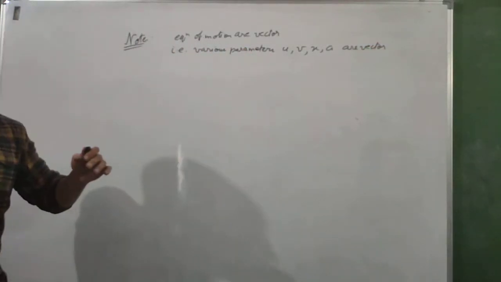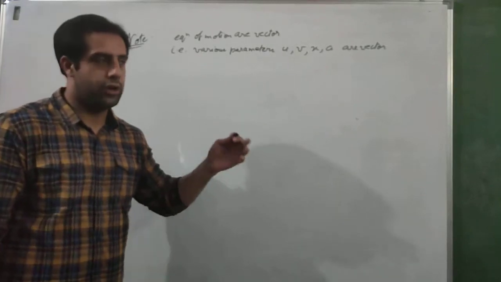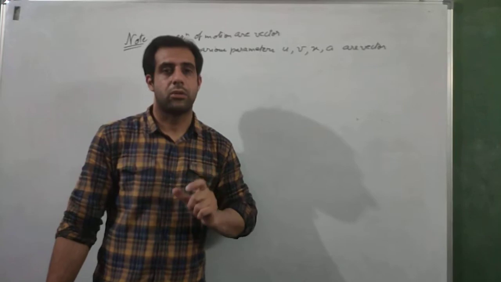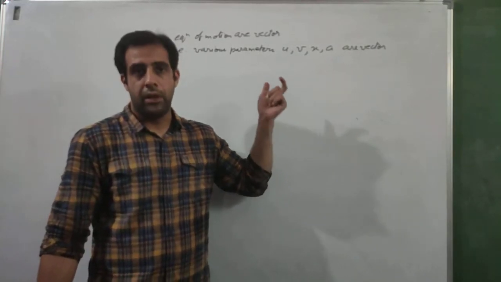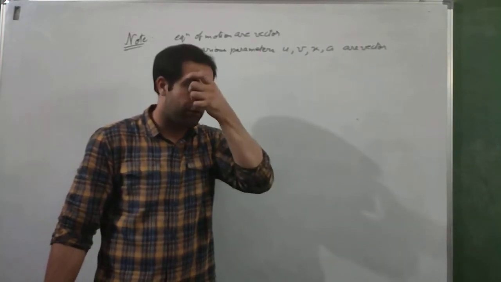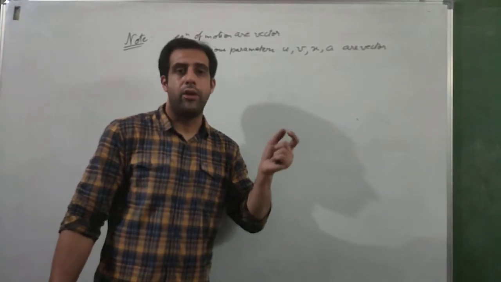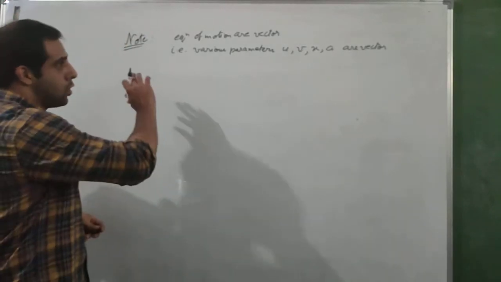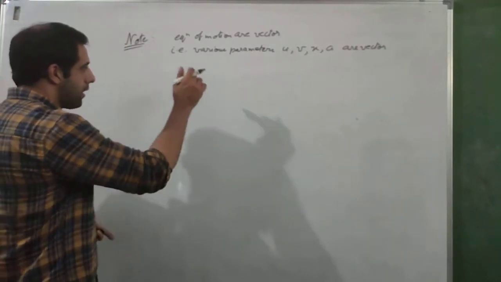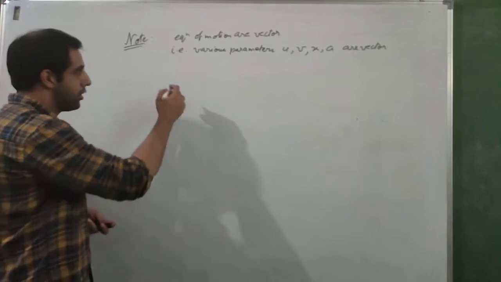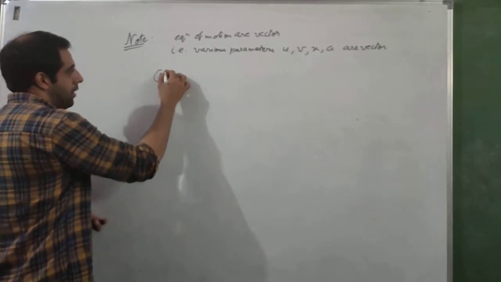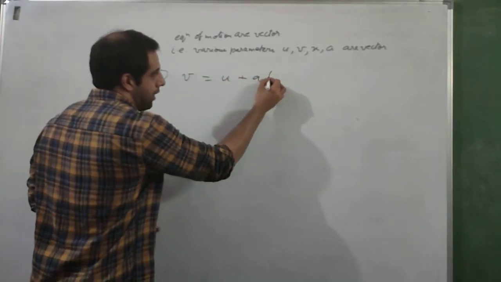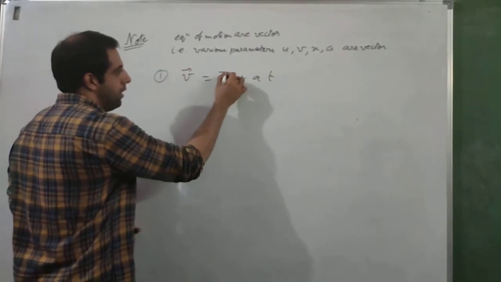So this means whenever we are applying the equations of motion, all 4 equations, we are going to pay special attention to the plus or minus sign that we put with them. It depends on the question and the frame of reference, and you should be very clear when to put negative sign and when to put positive sign with these parameters. So all of these are vector. If I introduce vector notation in all the equations, then the first one is v equals u plus at. In vector notation it will become like this.